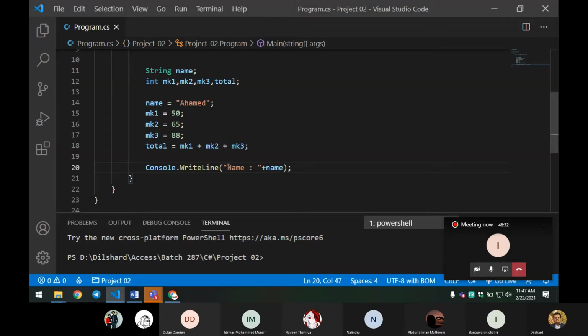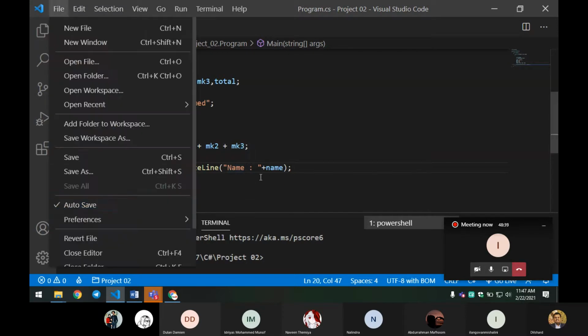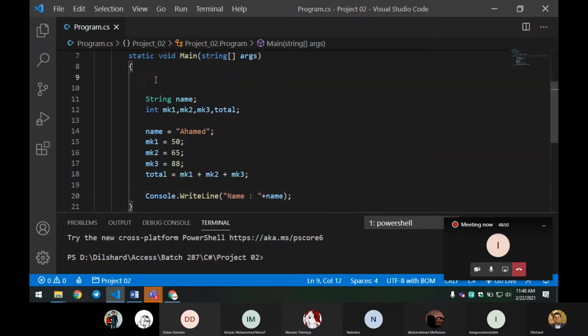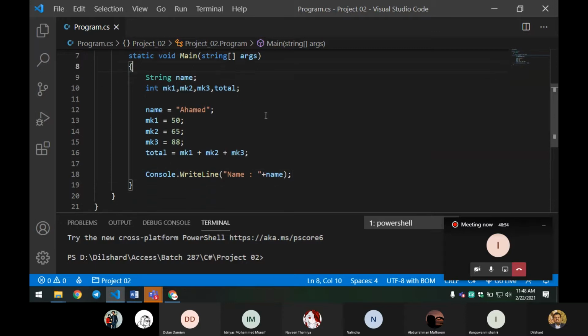Here you can see the name is getting printed. If you enable this, whatever modification you do to your program will be saved automatically. So that's easy for me. You consider the way that you program and decide whether to enable or disable it.